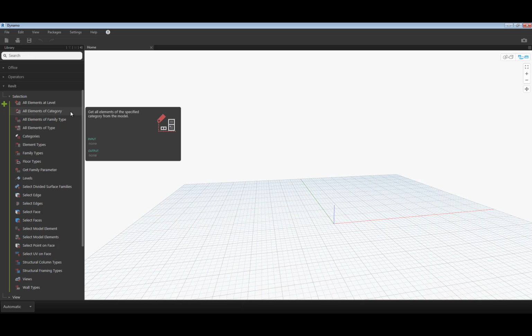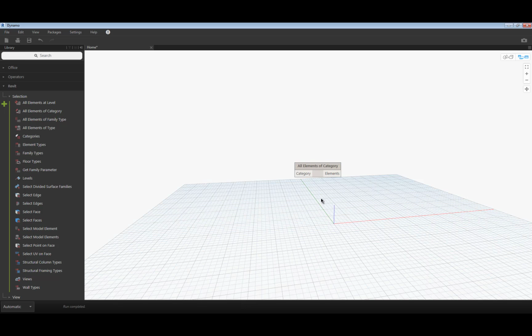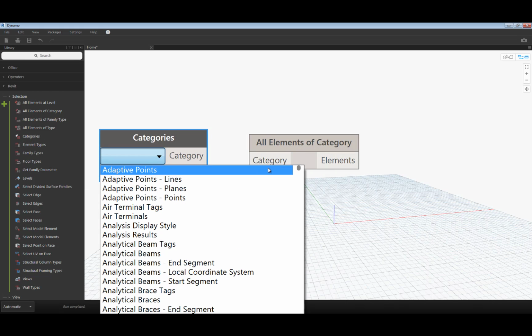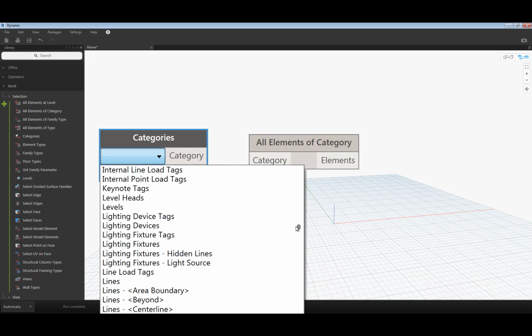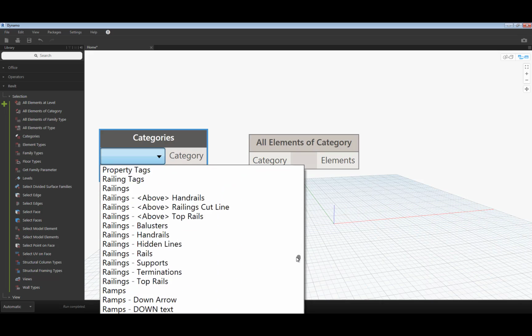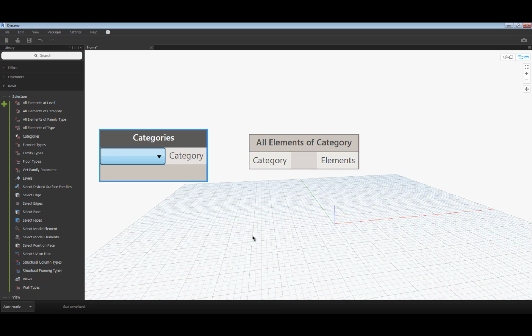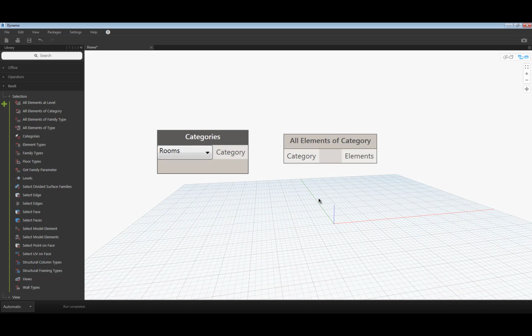So I'll drop in the all elements of category node, which takes one single input and it's asking which category do we want to pull all of the elements of. So we can drop in a categories node, which has a pull down menu, and we get to pick and choose which category we'll be pulling from today, which will be rooms. Excellent. So I'll plug in our category output to our all elements of category input,